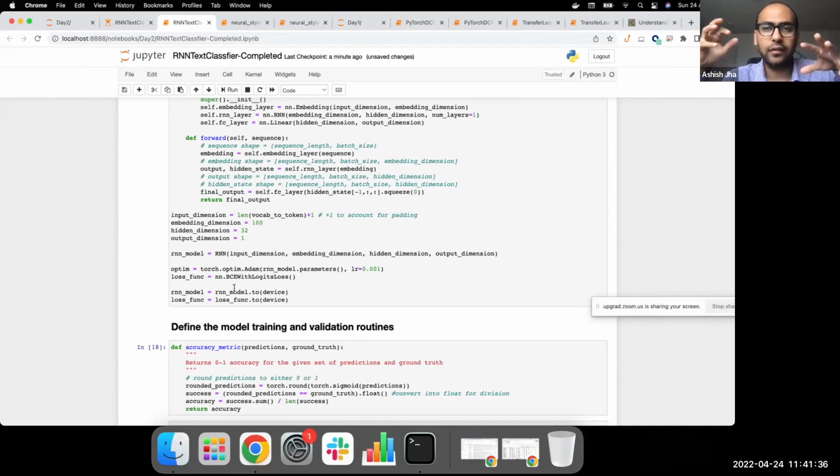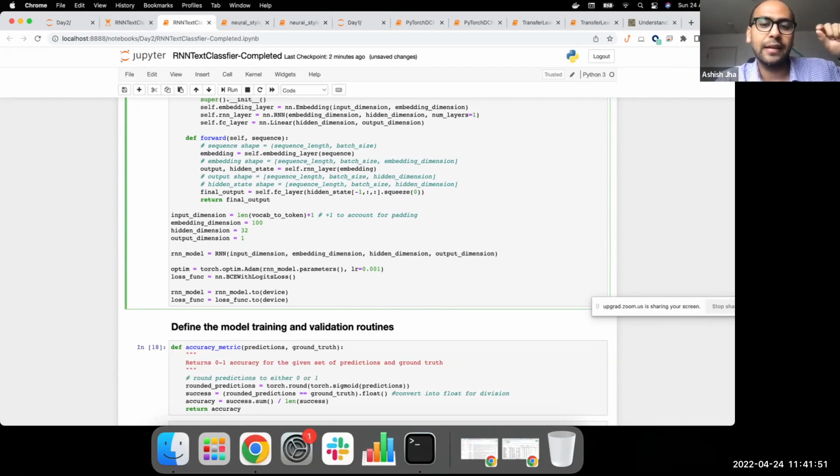Think of mountains and valleys for your optimization. It's just trying to find the quickest downward path to the nearest valley with a high learning rate. If it is a small learning rate, then it is going to be more conservative in taking the next step and then look around.